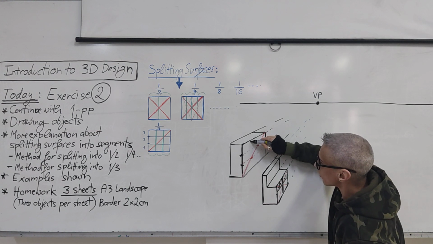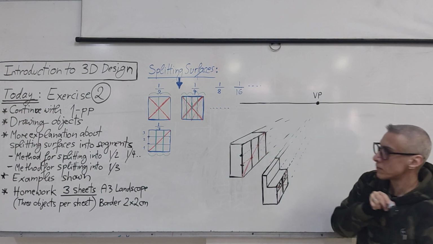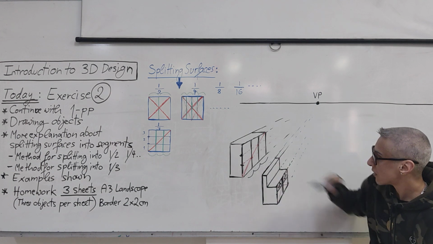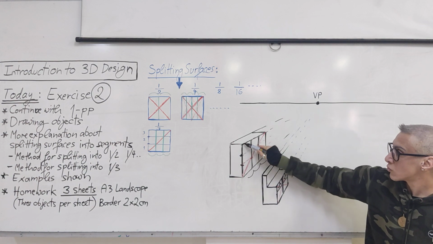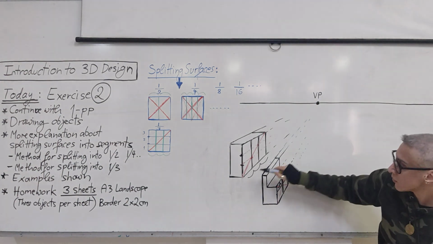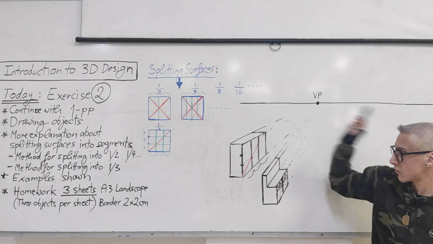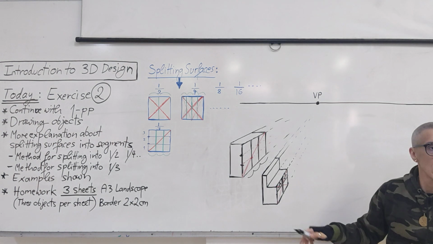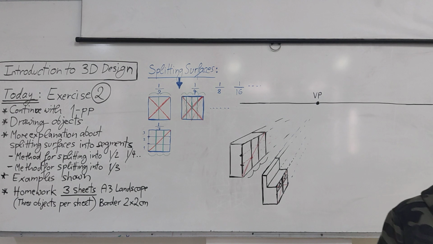Now we draw the divisions. Okay? So now we divided this surface into three parts. Okay? It's very important for this method to start here, to divide into three, and then take to the vanishing point, and then one diagonal shows you the intersection. Okay? This is when you have thirds. When you have quarters, halves, okay, you can just use the two diagonals and subdivide like we explained the first one. Okay,